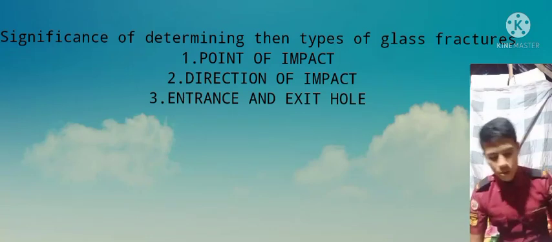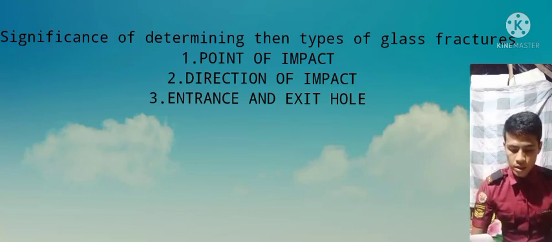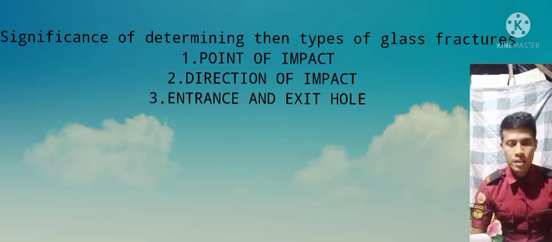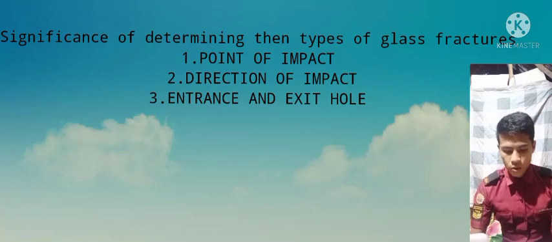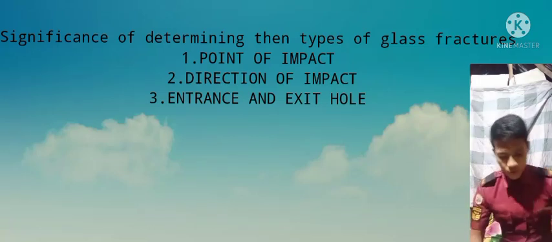Number 2 is direction of impact. A shot a few inches from a glass will produce a similar result because the pressure of the powder gas itself will smash the glass, and a bullet will make a clear cut hole on the side of entrance rather than the exit side. If a shot is fired perpendicularly, it will give a crater of uniform flaking.